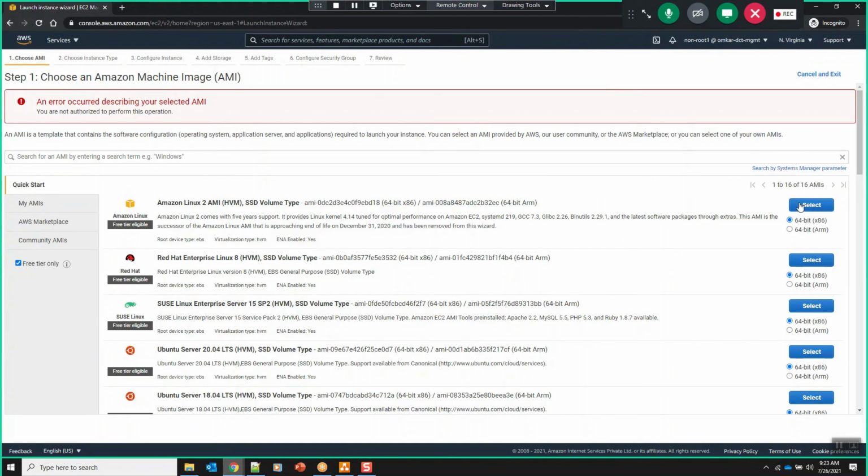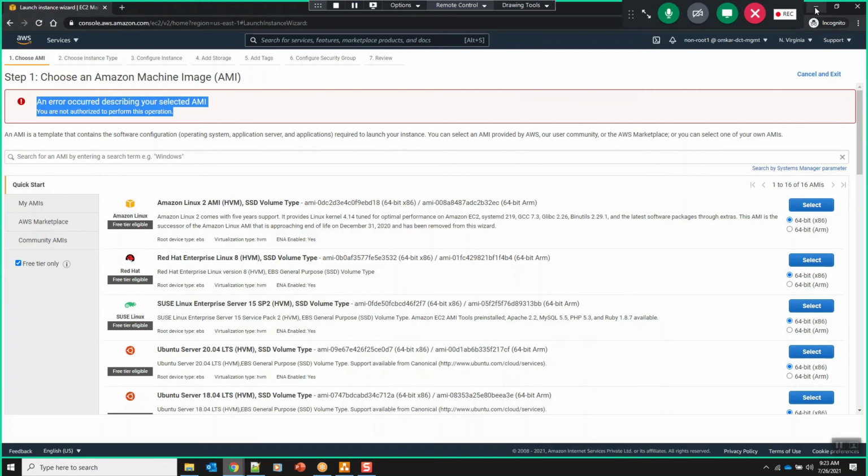Select again. An error occurred. What is the error you are seeing here, Ruchi? You are saying it says that you are not authorized to perform this operation. Yes. Why are we not authorized? Any guesses? Yeah, because we are not the admin here. Yes. Even though we are not the admin, how can we get the access? By getting some permissions from the admin.